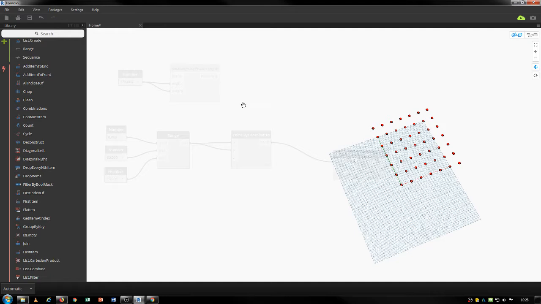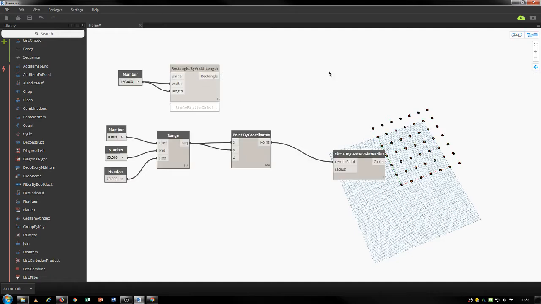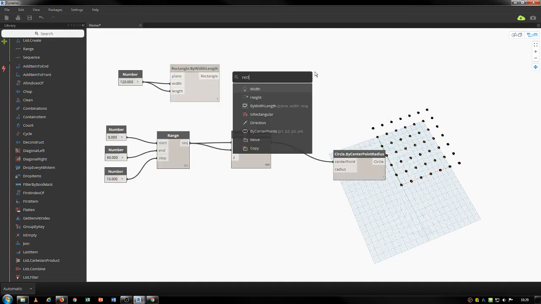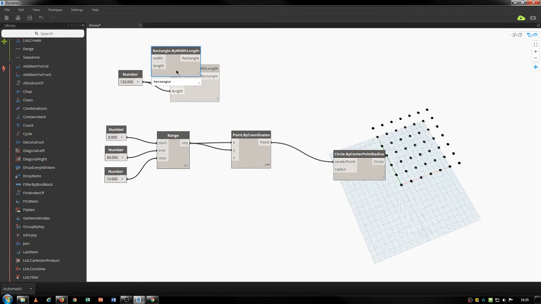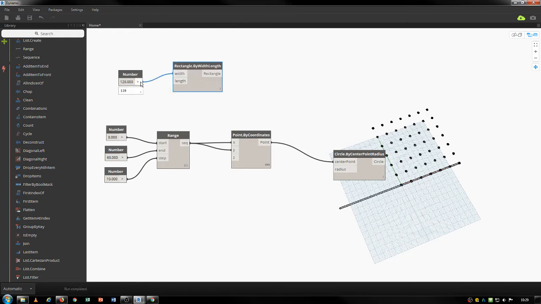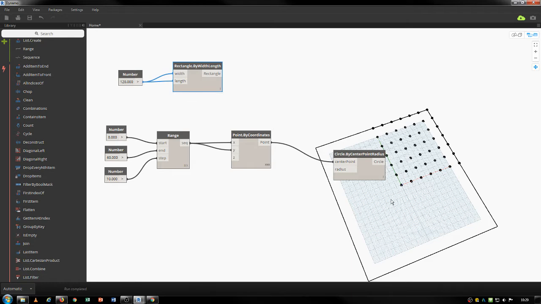That's fine, we'll figure it out. So maybe it's missing that plane. So let me try and see if there is another rectangle thing that we can use by width and length. Let's use this instead of that. And give it the width and the length. There we go. Now we got a rectangle and we got a grid of circles that we're gonna cut holes